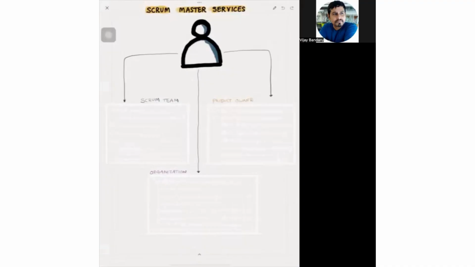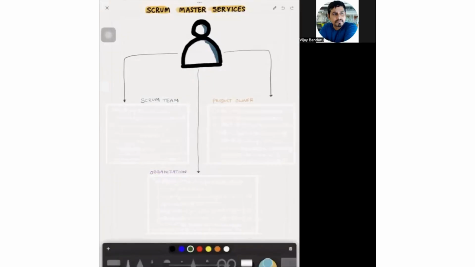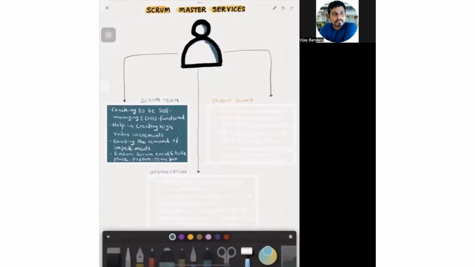Then the Scrum Master will primarily provide three services. The Scrum Master provides services to the Scrum team in terms of coaching to make them self-managing and cross-functional. Self-managing means able to plan, organize, track, and manage their work on their own without any external instructions or guidance. Cross-functional means having all the skills required to achieve the sprint goal and create the increment. So Scrum Masters coach continuously to improve the self-managing and cross-functional characteristics of the Scrum team,